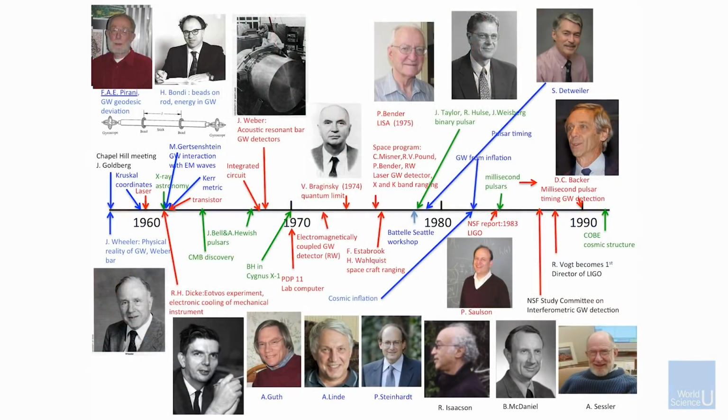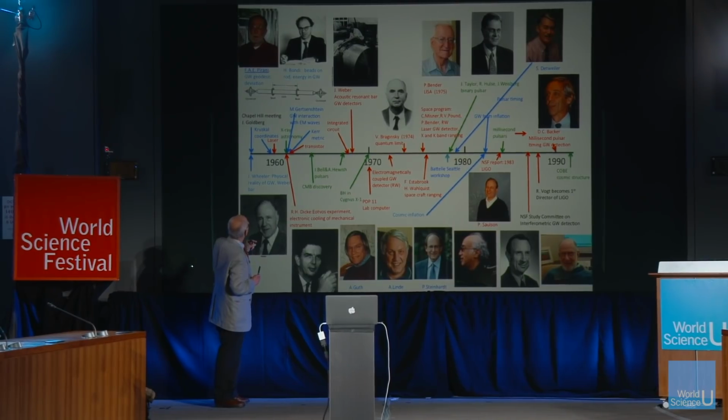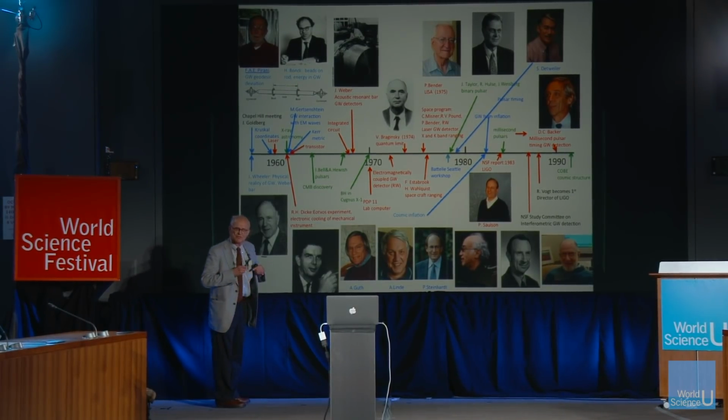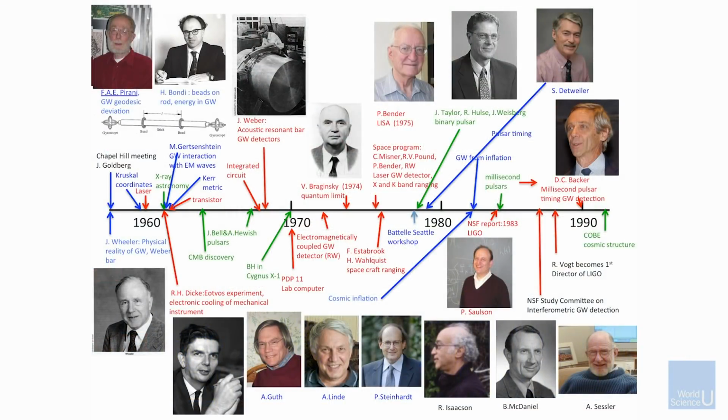What happened was this threshold, or the important change, in 1960. There was a conference in 1957, right in here, at Chapel Hill, which was in fact started by Leo Goldberg, and it began to discuss gravitational waves as a reality, and people began to see that they were real. And that was a thing that then convinced Johnny Wheeler down here and Joe Weber up there to do an experiment.